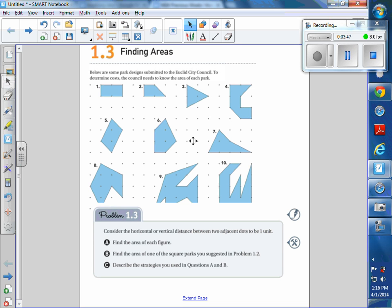Like number one, Isabella, what would be the area of number one? Two, right? So if there's nothing fancy to do, don't do anything fancy. Sammy, don't help her. She has to listen. You do. You gotta listen. Okay. So if it's just as easy as writing the area in, write it in, or right below, because yours is darker, right? If it's as easy as maybe just looking at it, and you don't need a formula,